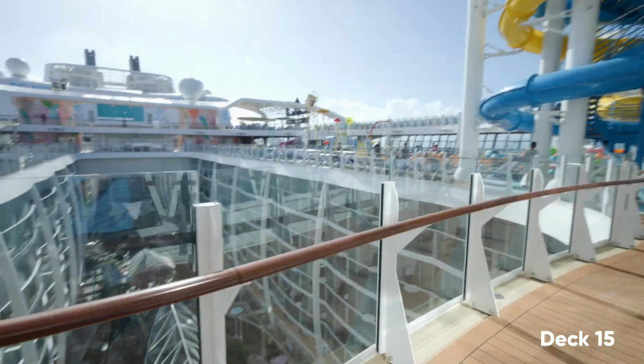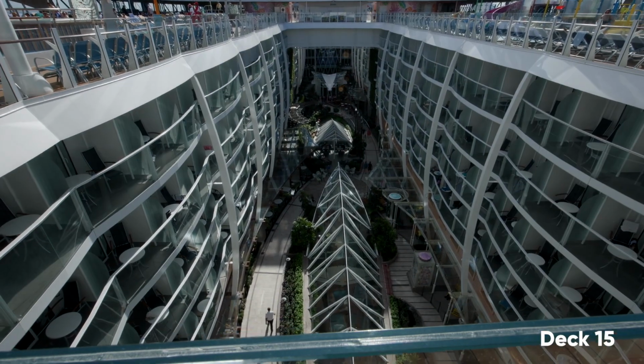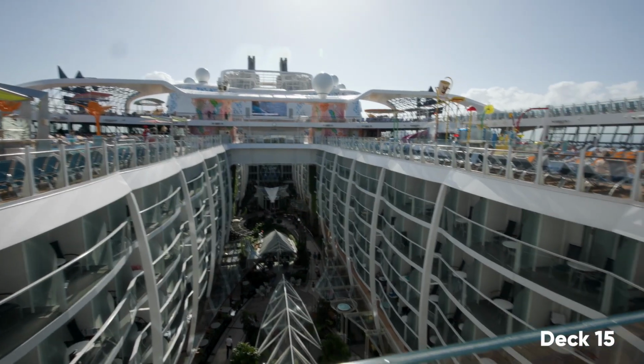In the middle of the ship here on deck 15 is an overlook where you can see down into Central Park. We'll get there in a minute. That is on deck 8. But up here on 15, here is the